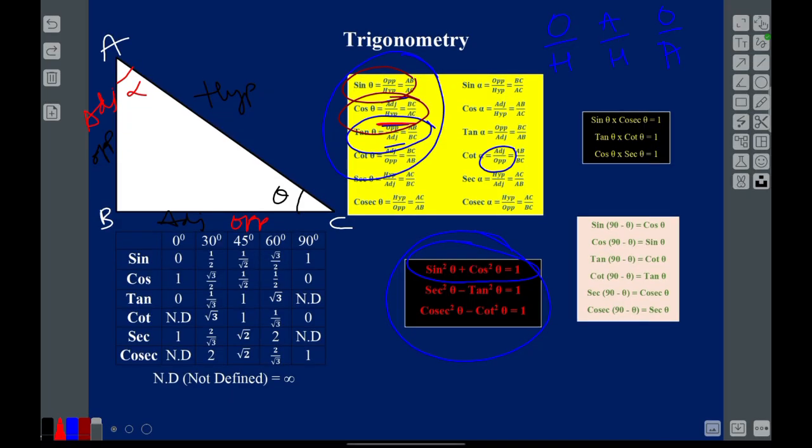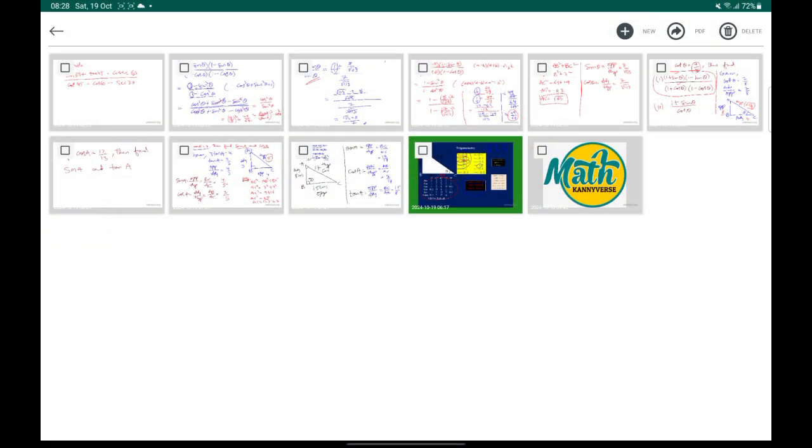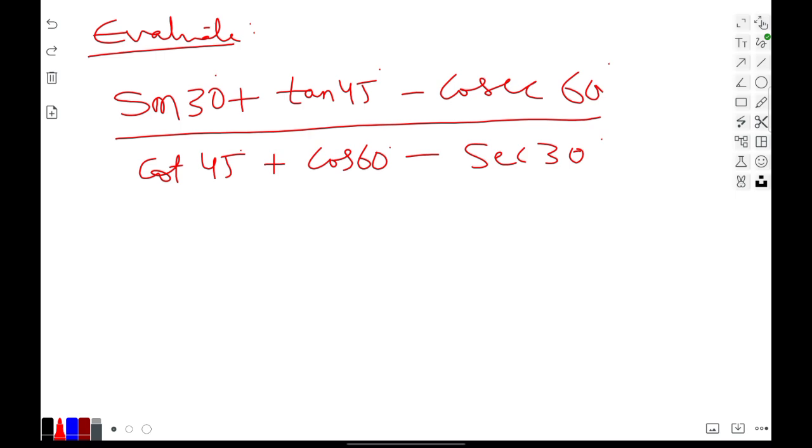As the question requires this table, you need to know this table. In order to know it, if you know the sine values, then it's easy to find the others, which I have already told in the introduction video. Okay, let's see the sum here. They asked sine 30. What is sine 30? From here,